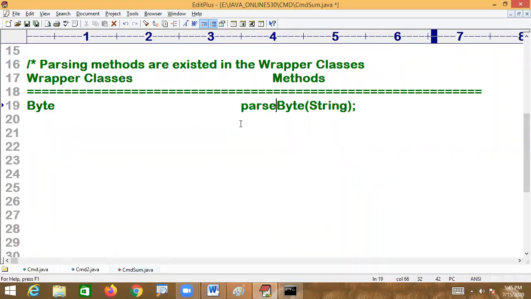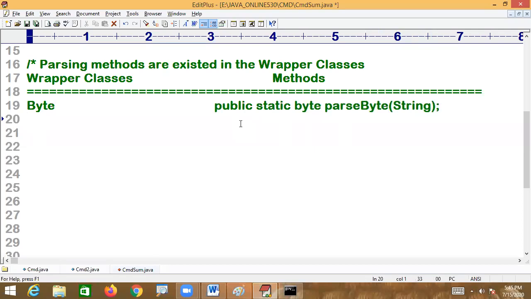If you pass the string parameter to the parseByte method, it will convert string type to byte type. Byte is a primitive type. This is a public static method.